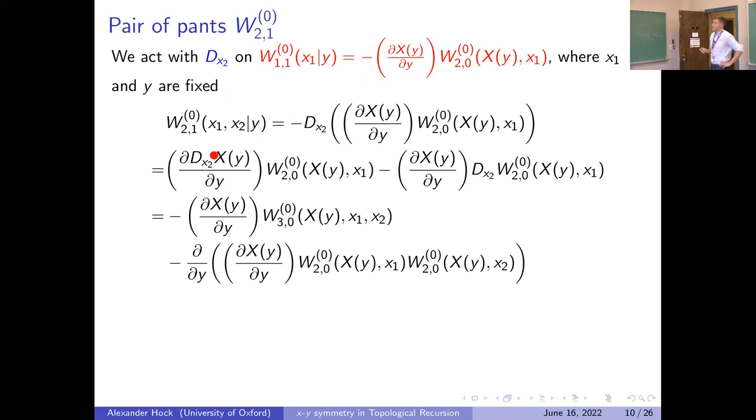Then it acts on the capital X of y, or it acts on the W002, where it acts either on this function w or on the variable of it, which is again a formal power series, or on this thing here. And you compute everything and expand it. At the end, you find that this thing gives you a derivative of